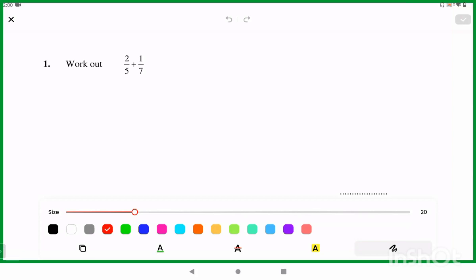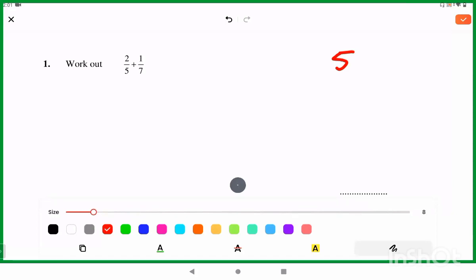So to solve them, first of all, we need to make the denominator same. As you can see, the denominator of the first fraction, 2 upon 5, is 5, and the denominator of the second fraction is 7. So the denominators are different. So we take the LCM of 5 with 7,